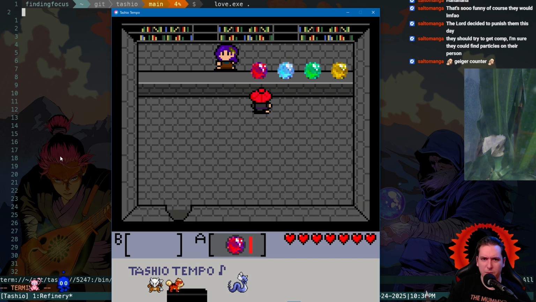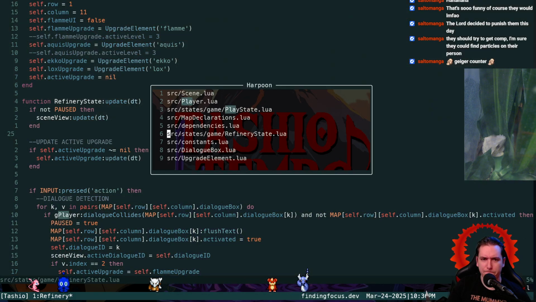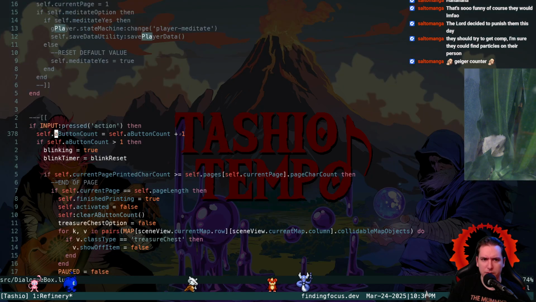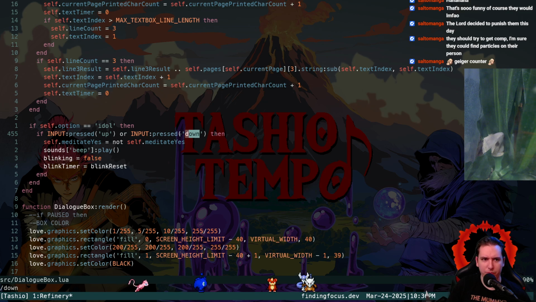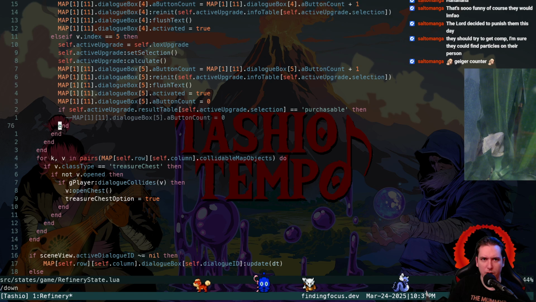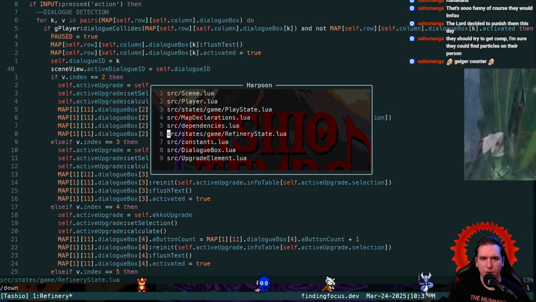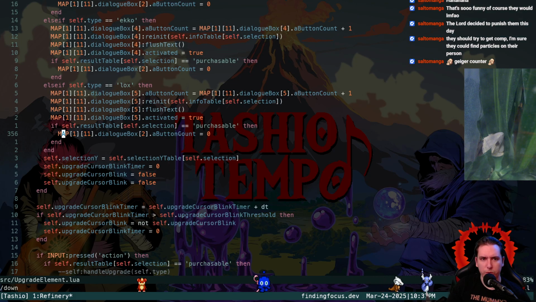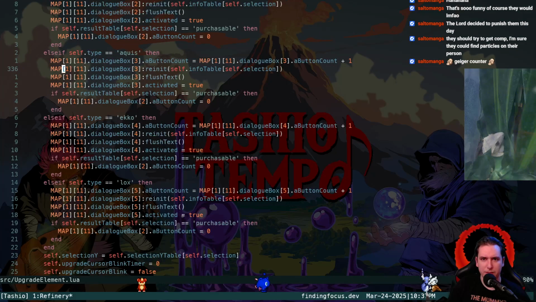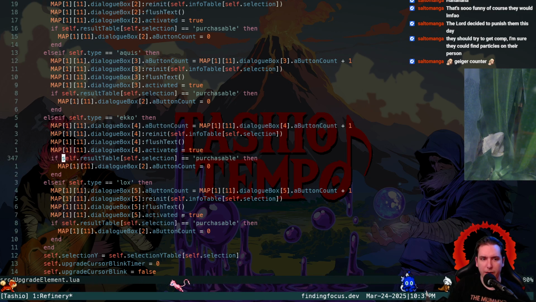Yeah, it's got to be that update, that increment. But it's only incrementing in the dialog box once we press action, not once we scroll. If we have a down input, we don't do anything with the dialog box. So what's going on? Especially because we're not doing anything to the A button count here, and we are only ever setting it to 0 here, after we increment it, but